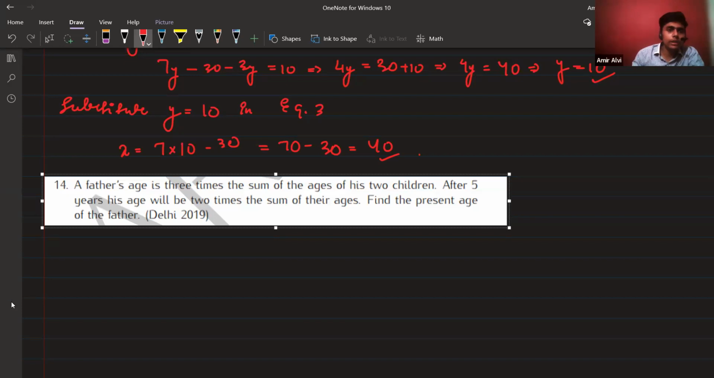So let's solve it. What the question is saying is: a father's age is 3 times the sum of the ages of his children. After 5 years, his age will become 2 times the sum of their ages. Find the present age of the father. Basically, the question is saying, suppose,